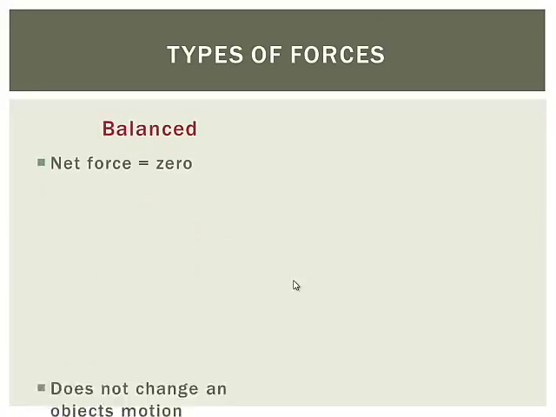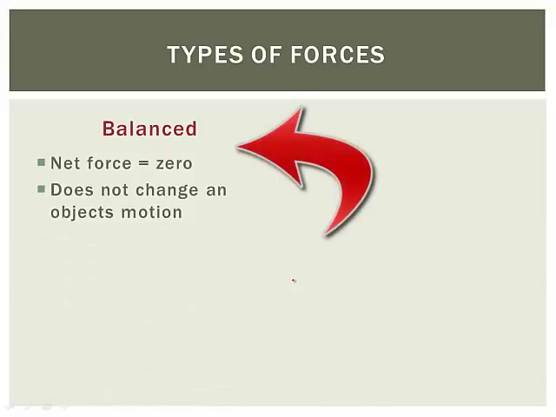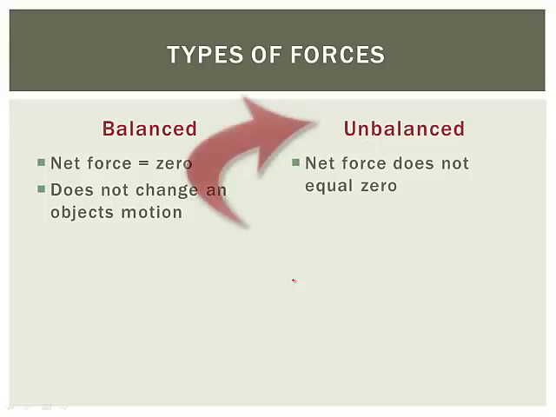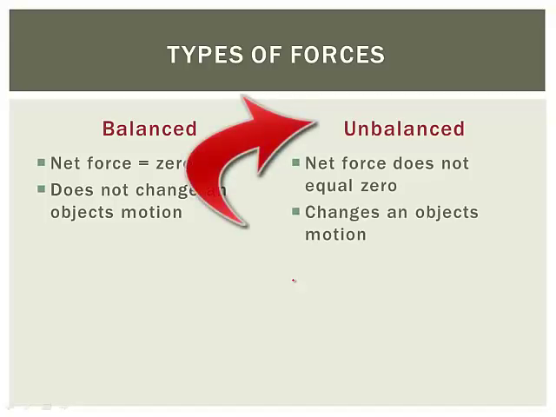There are two main types of forces. There's a balanced force, like what we had with the example of Zach and Slater, where the net force equals 0. This means that the object's motion does not change. So that rope isn't going to go anywhere between Zach and Slater because the net force is 0. And in the first two examples we looked at, we had an unbalanced force, because this is where the net force was not equal to 0.